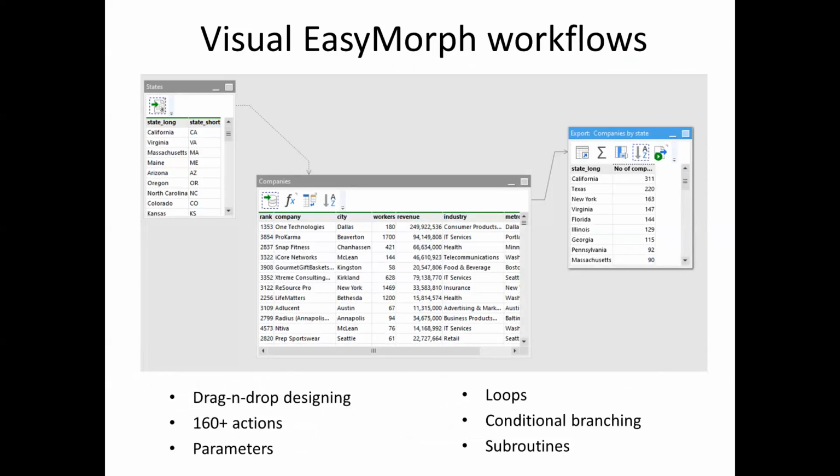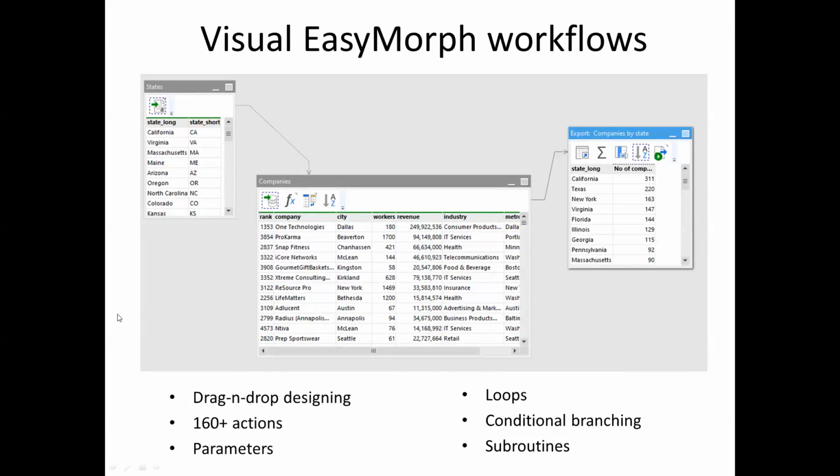A few words about EasyMorph workflows. For those of you who didn't work with EasyMorph previously, this is what it looks like. This picture can give you an idea of a visual EasyMorph workflow. In EasyMorph workflows, tables are transformed with actions. You can see tables, and those small icons on top represent actions.